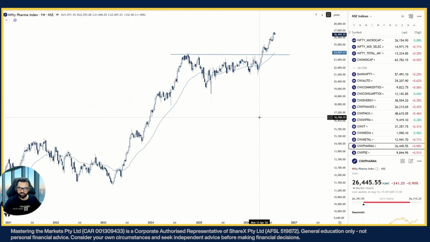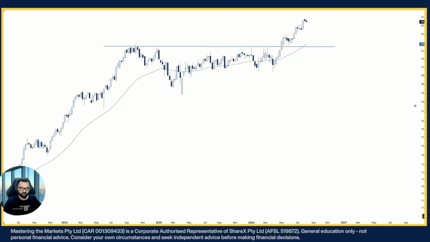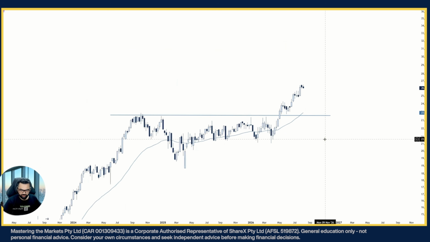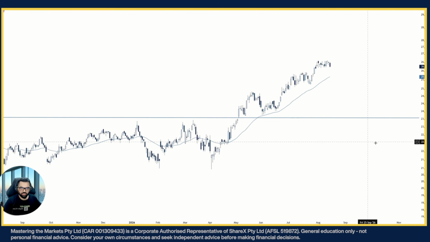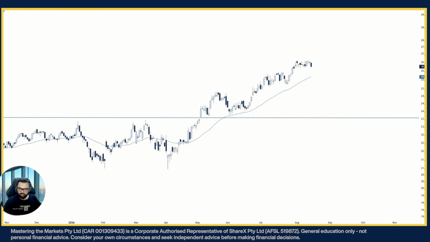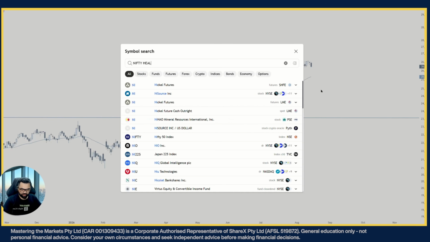The other two were healthcare and pharma. So the pharma first. Clearly strong. This is a resistance from September 2024, which got broken out in May. So probably more than 1.5 years of price action below this line, and now clearly heading higher with no concern so far. So till we actually break any trend line or a 40-day average, this trend can still continue higher. Similarly on the healthcare index,